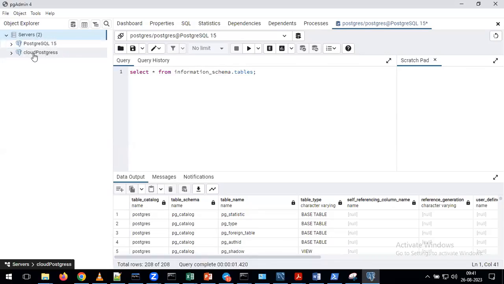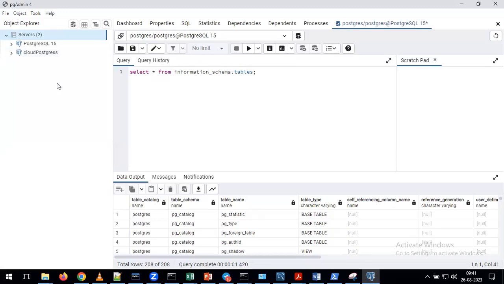Now, how is it connected to our Cloud Postgres? Because we gave the IP address, the username, the password, whatever required information, we gave all that information under the connection. With that, what will happen? It can communicate to your Cloud SQL Postgres. With that, if you are going to create tables or insert data, all that information is going to be captured on top of your Cloud Postgres only. For that reason only, we have been performing all these activities for the last 10 to 15 minutes.